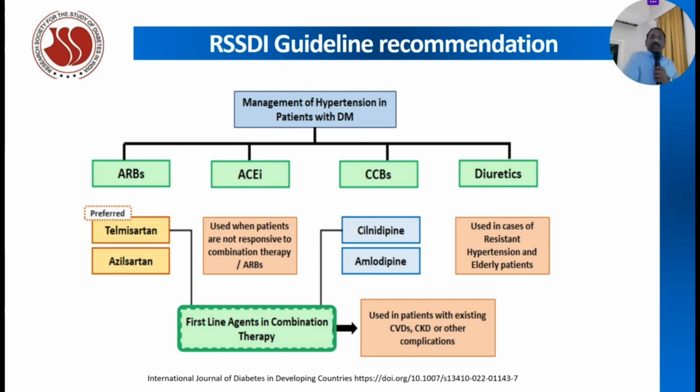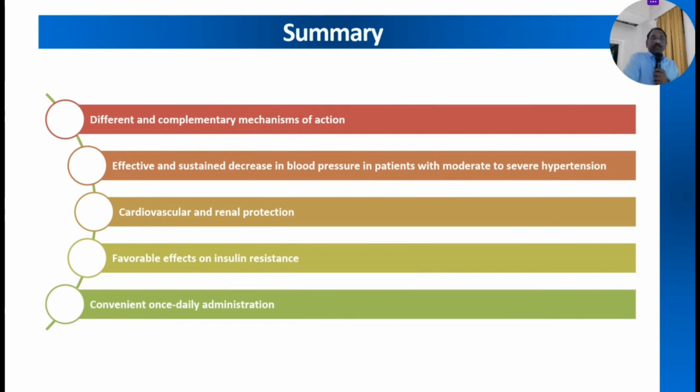In the management of hypertension and diabetes in the Indian population, we use all these 4 drugs: ARBs, ACE inhibitors, CCBs, and diuretics. In summarizing: different and complementary mechanisms of action, effective and sustained decrease in blood pressure in patients with moderate to severe hypertension, cardiovascular and renal protection, favorable effects on insulin resistance, and convenient once daily administration. But still, I think 20 to 25% of our diabetic and hypertensive individuals are not happy with